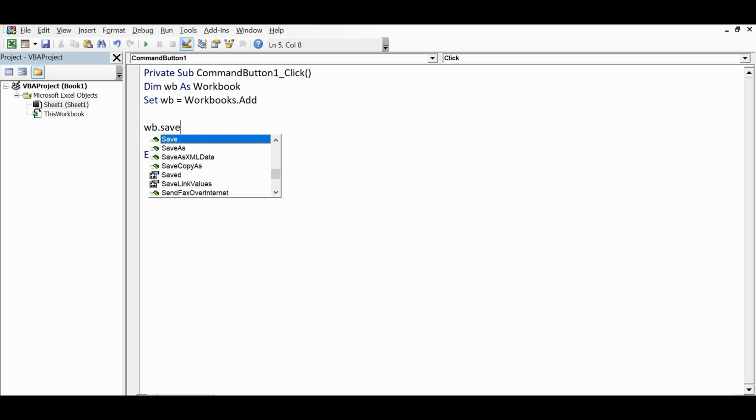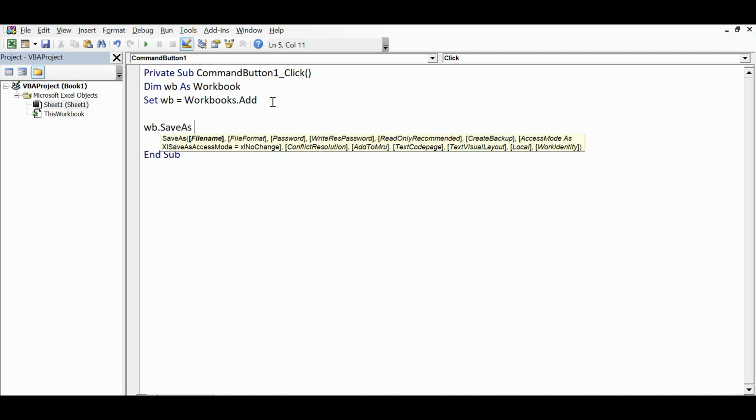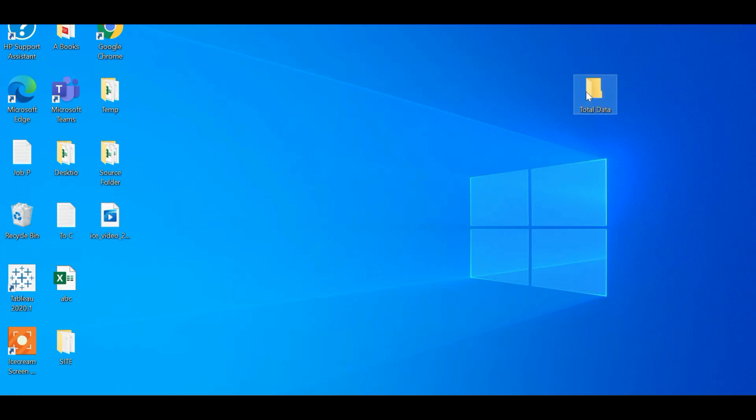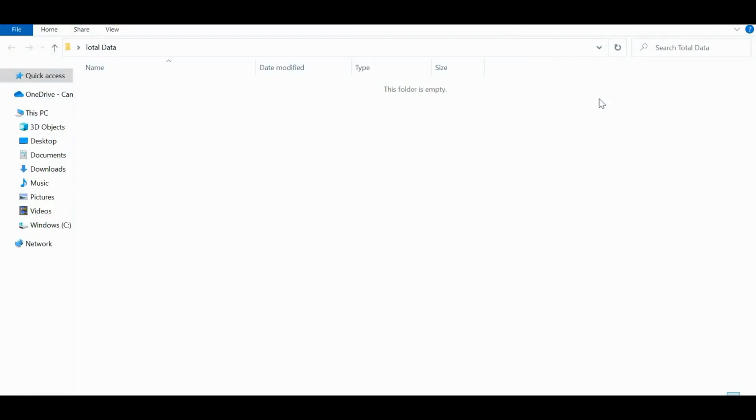wv.SaveAs, and then Filename:= where I want to save this newly created workbook, in that folder. So let me open this folder and copy the path with the folder name.